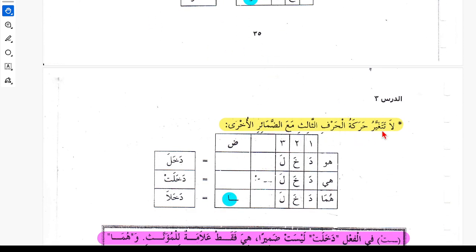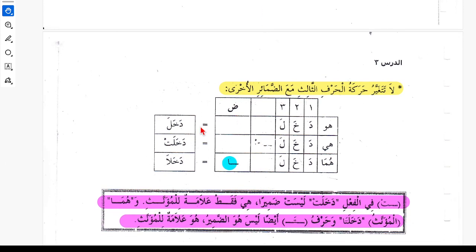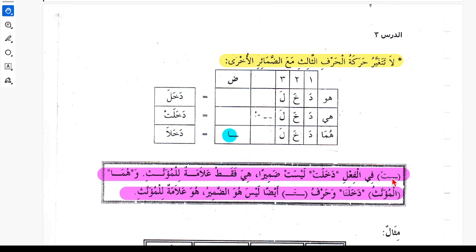So this I have mentioned, la tataghayyar harkatul harfil salisi ma damairil ukhra. Like dakhala, you see lam dakhala, dakhalat for hiya, lam has a fatha. Huma dakhala, lam has a fatha here, dakhala. Make a note that in the case of here dakhalat, this ta here,